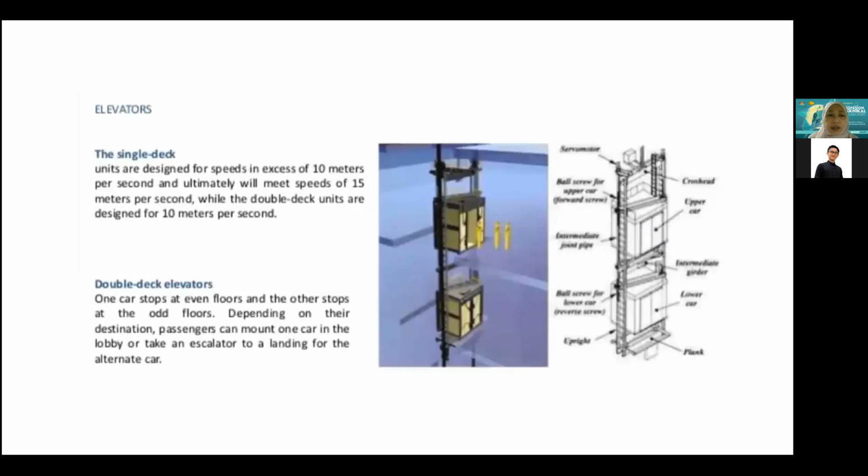See the elevators, there are single deck and double deck elevators. So these also come in many kinds because of the speed, speed of 10 meters. For this one, we are giving you another speed. Okay, so for single deck and double deck elevators, there is also another speed and also the number of occupants to be occupied in the